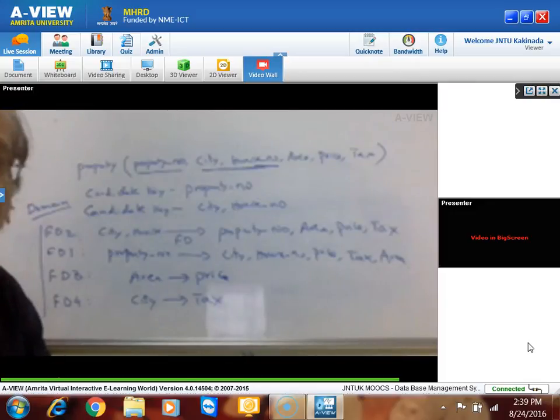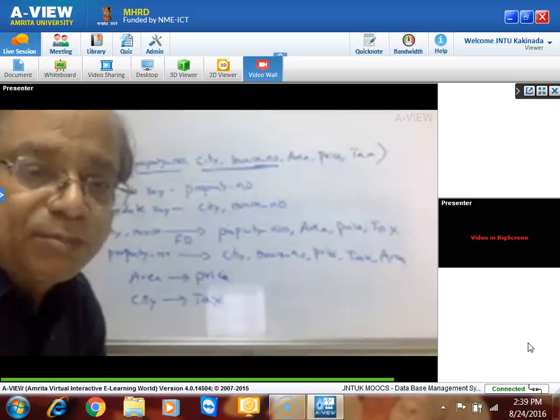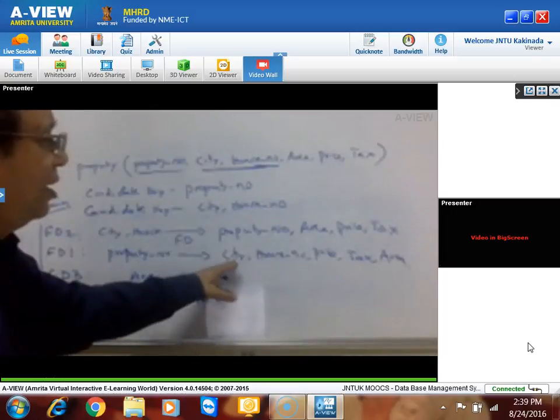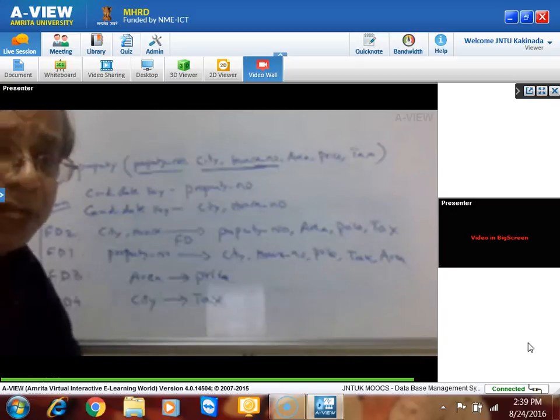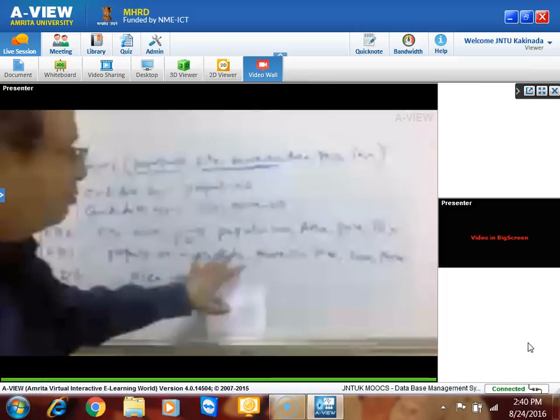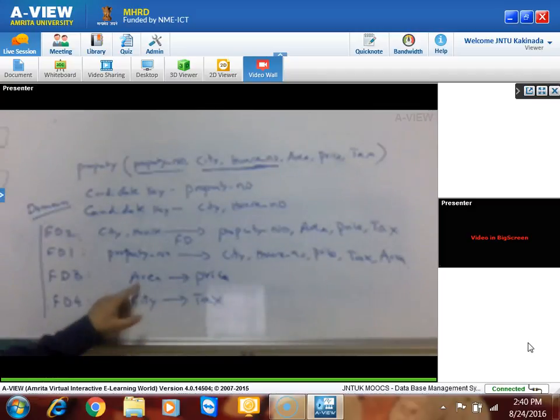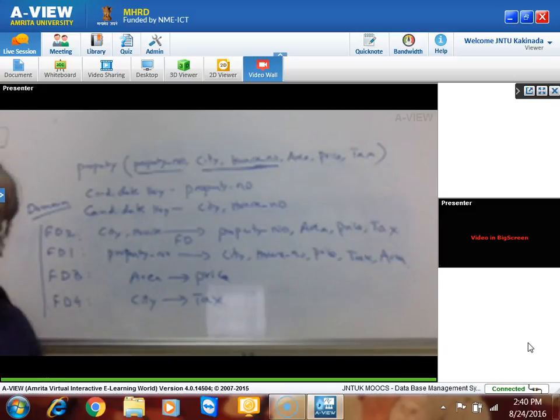The practical system possibly could be different. They might use both city and the area to determine the price, and not necessarily just the area to price without dependency on the city. But I am assuming in this case, it is not logical to assume that the house prices in Chennai will be the same as house prices in Delhi. Delhi house prices may be much higher than